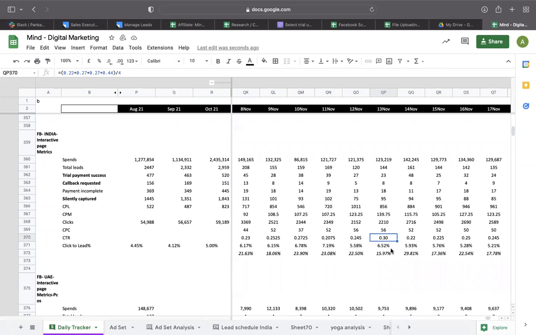Even before that, if you go back, you can see my click to lead is 6.8, and my CTR is 0.27. Here my CPC is 37. So my CPL was even lower than what I was getting the next day or the previous day.